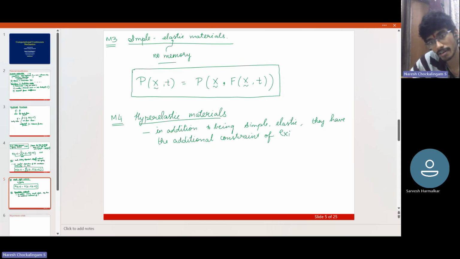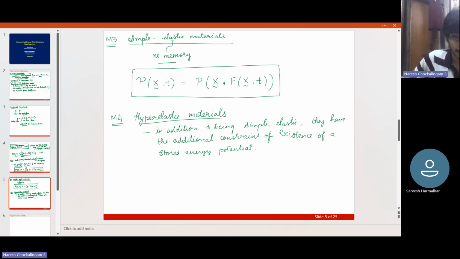existence of a stored energy function. So existence of a stored energy potential means the stored energy function, the internal energy, is a function only of the strains. So it's either strain energy or stored energy. It's a function only of the deformation at the current instant. So it depends only on F of x at the current instant